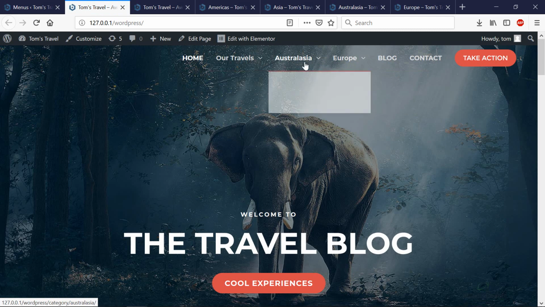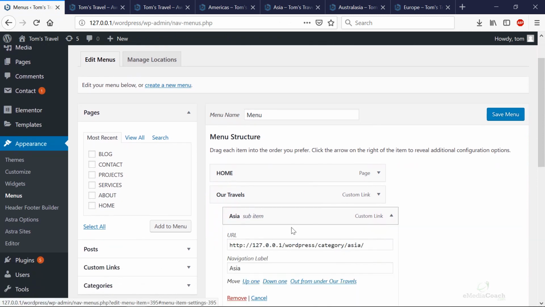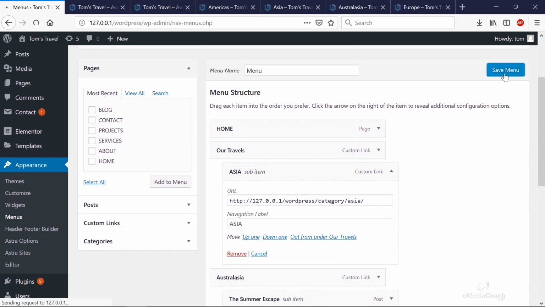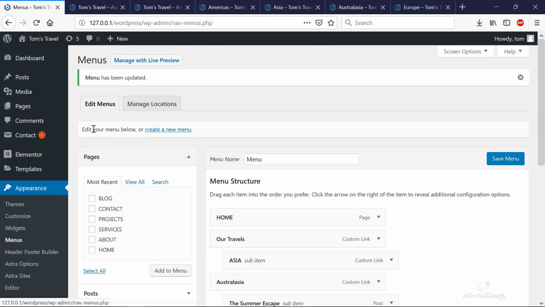And now we just need to change the color of this. Also, these words should be capitalized to stay in sync or in theme with the rest of the words. I haven't done that. I can easily do that by just clicking on the item and changing the text there. But you get the idea. But we need to change the color now of these drop-down elements. The way to do that is if you go to Customize under Appearance,